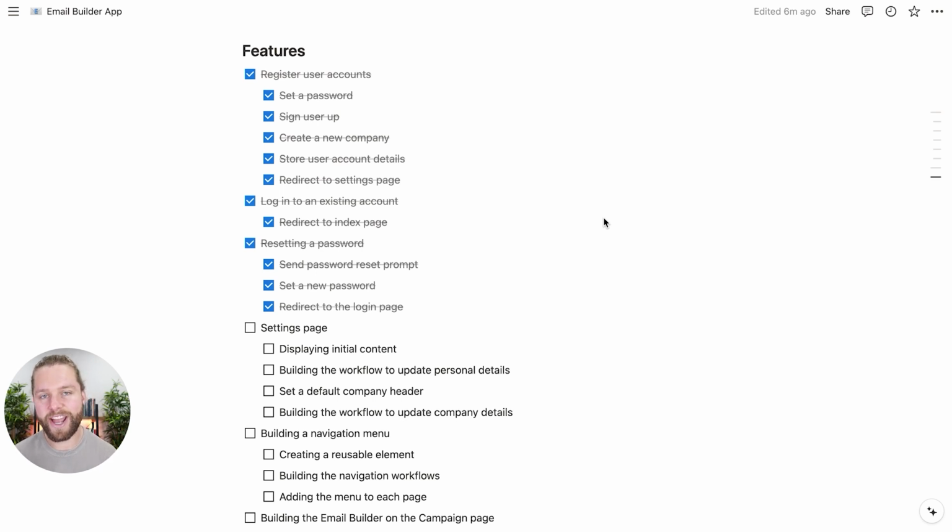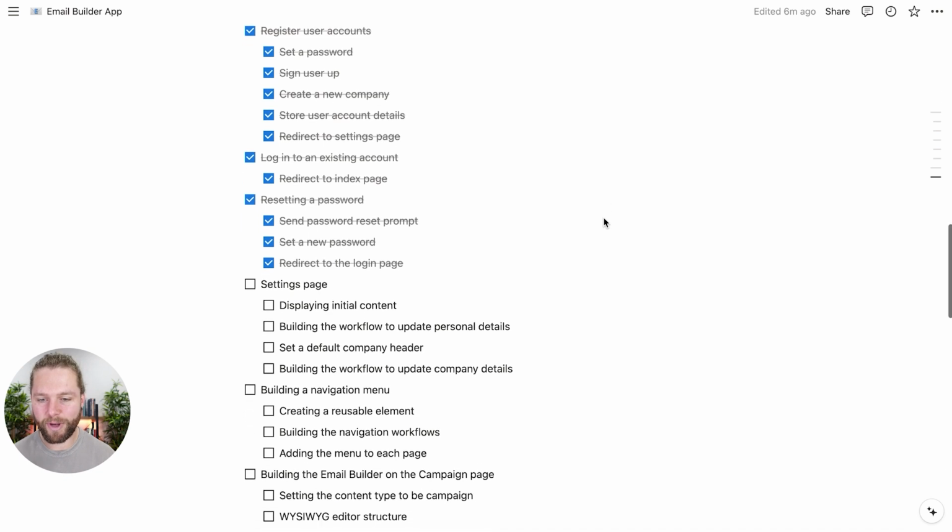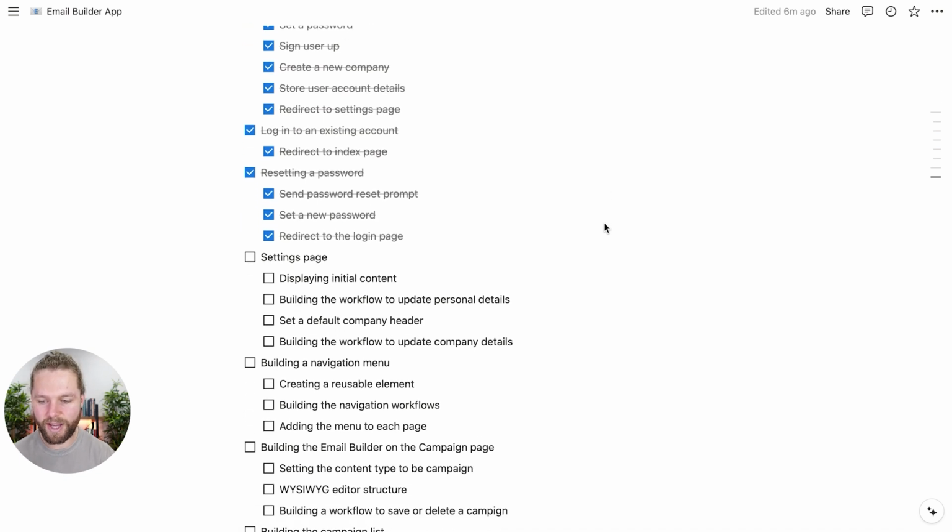These will include changes to things like their name or their profile photo, or their company's name, logo, or default email header. We'll also be building some buttons and some workflows to allow the user to update these changes in the database, and also an alert just to let the user know that these changes have been saved in the user interface. So as usual, before we get into our build, let's head to another tab